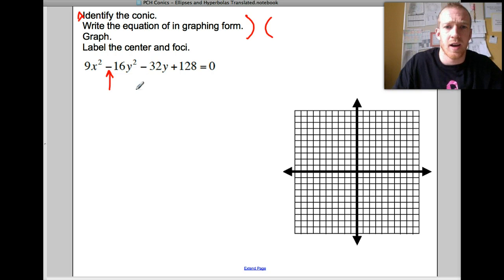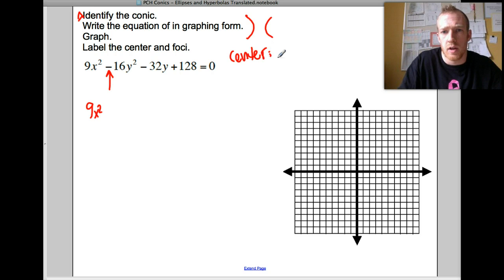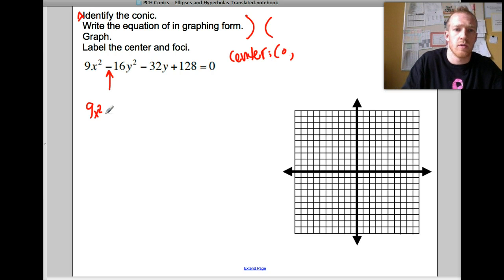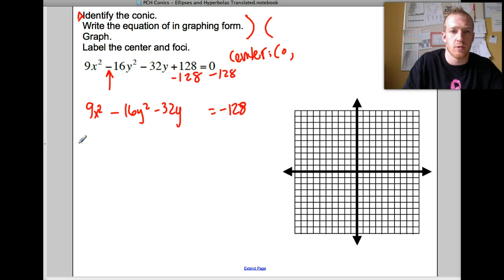So again, we're going to rewrite it, 9x squared. Now there's no other x term, so we know the center is going to have an x coordinate of 0. We know that already because there's no x minus anything else. And then minus 16y squared minus 32y. Move that 128. And it's okay that that's negative now. You can't end up with a negative there, but it's okay that it's negative now because we're going to complete